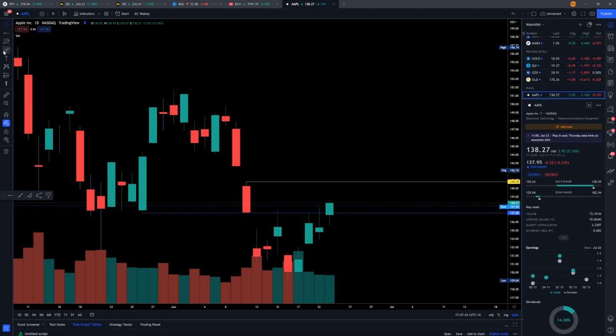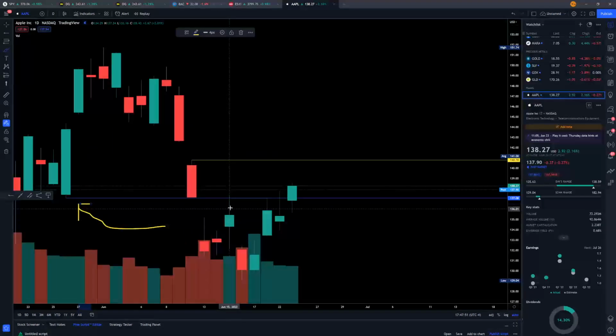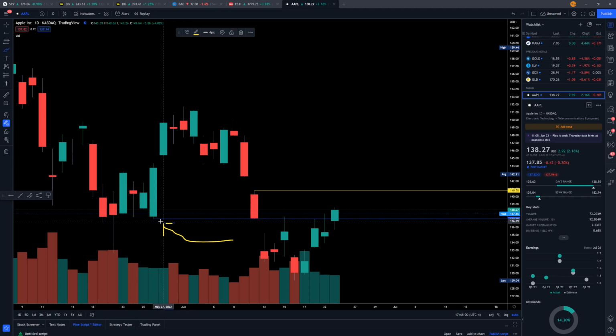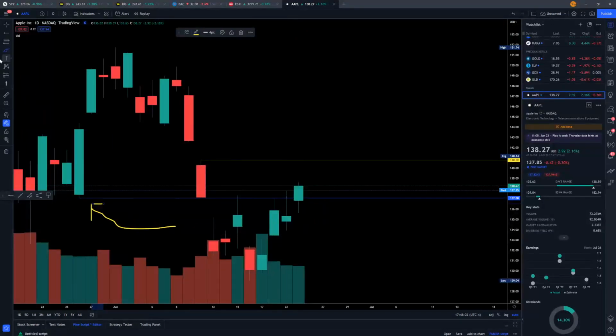And you see this candle right here, over here, Apple on these candlesticks actually hit the blue line a few times, right? And it used that as resistance here, of course, but it was a previous support level. But that's how you would draw it. If you want to get very precise,